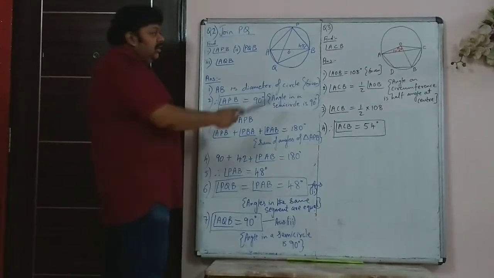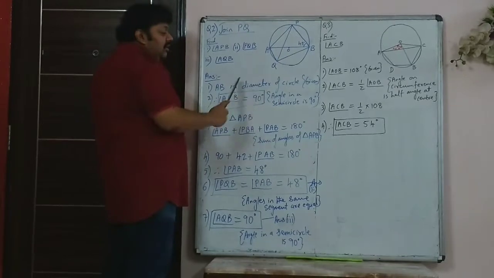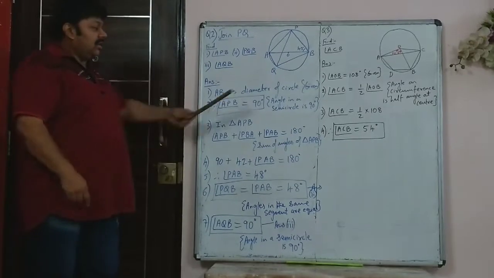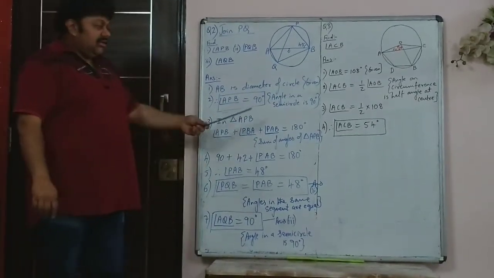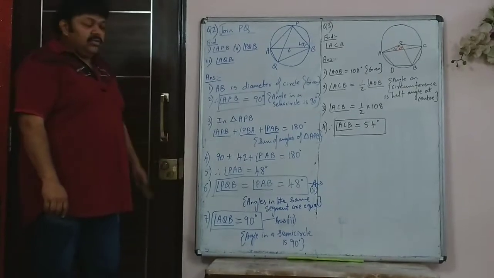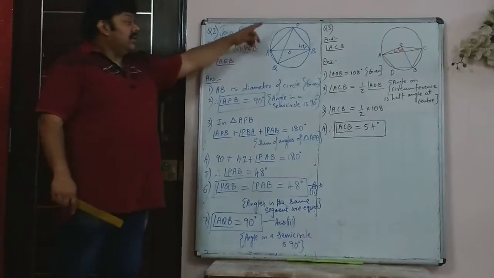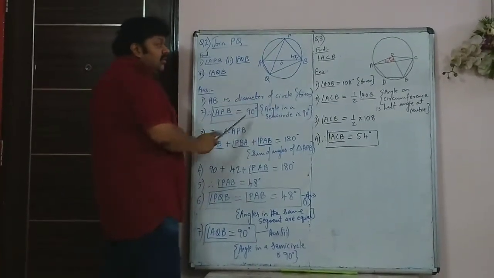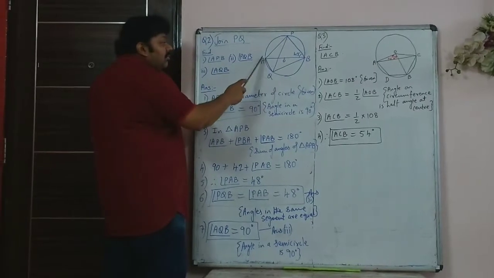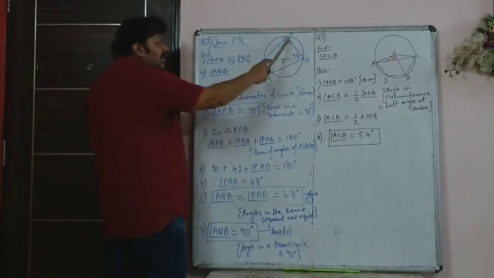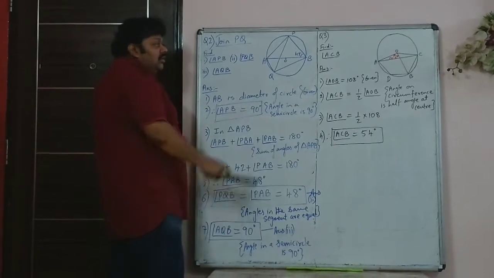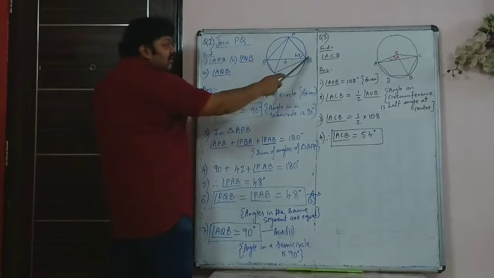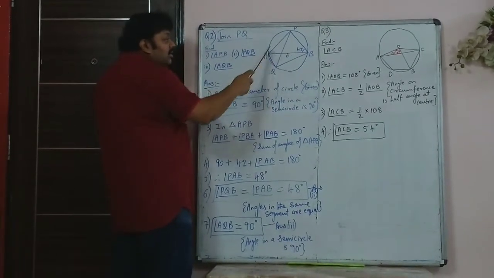It is 90 degree because O is the center is given, therefore AB is the diameter. So first, 1 mark, simply just write angle in a semicircle is 90. Reason has to be written. If reason is not written, you won't get full marks. Then you are asked angle PQB. Now you had to join PQ because it was not joined in the figure. So angle PQB and angle PAB have the same segment PB in front of it. So angle PQB will be equal to angle PAB.